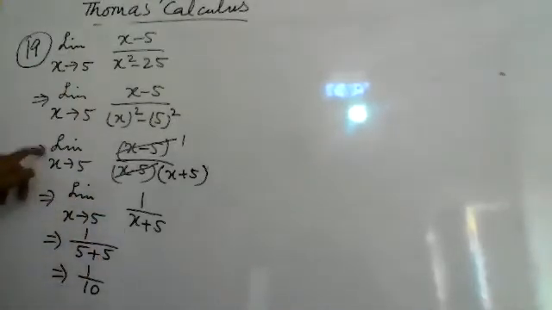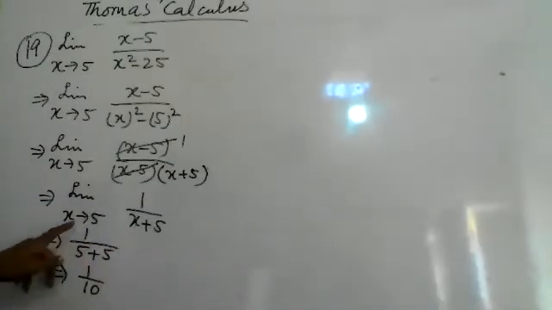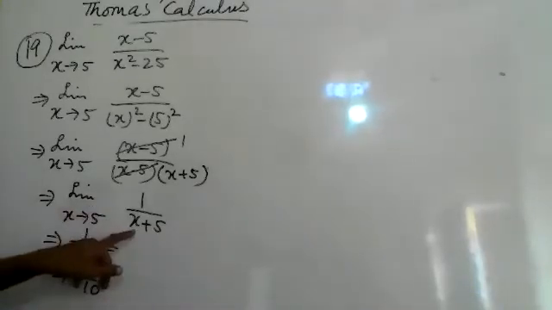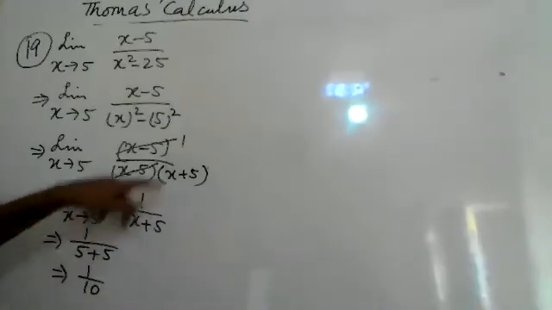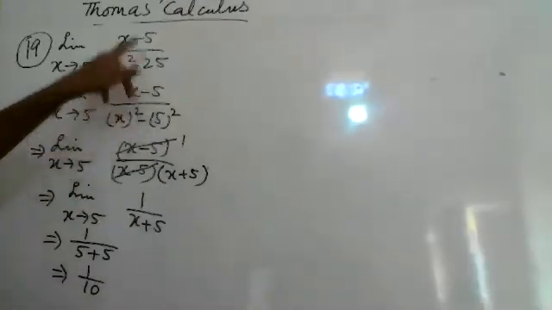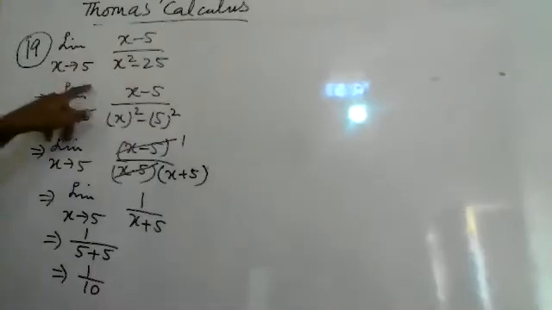to write the limits everywhere until x is there. When there is no x, we have replaced x, so there is no need to write limit x tends to 5. There is no x, we can't write limit x tends to 5 over there. But until x is there in the expression, x is there, we have to write the limit x tends to 5.